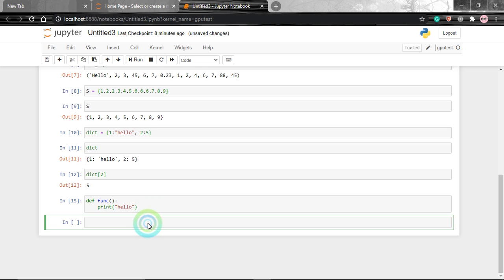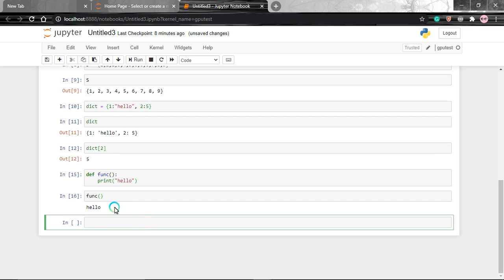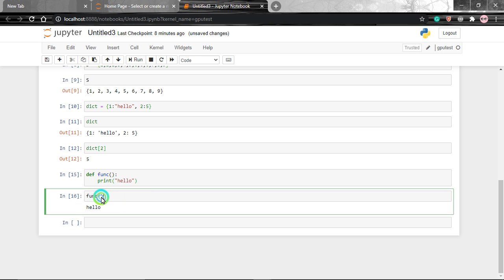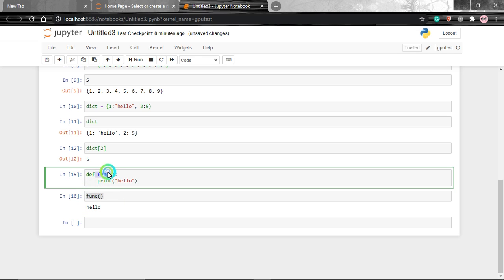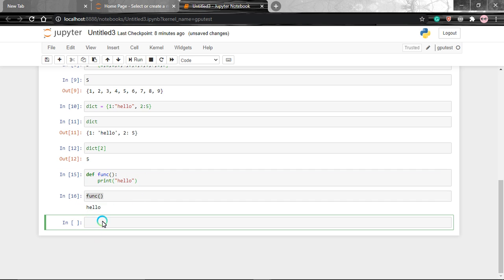If anytime I call my function func, it will go to this function, check the inside statements, what is written there, and it will work accordingly. I call this, it went to this, and print hello is written there, so it printed hello.